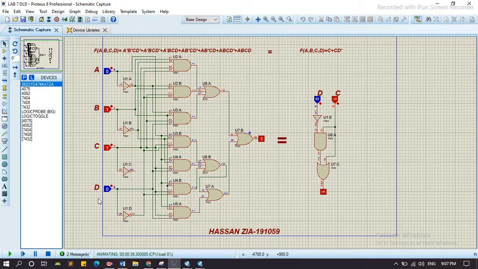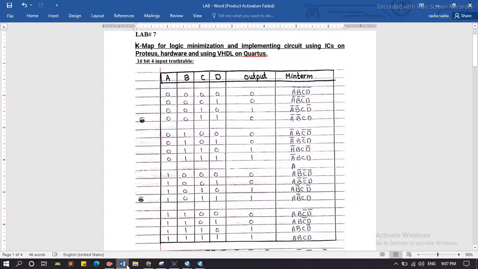Zero 1 1 0. It shows the output 1. Here C is equal to 1 and D is equal to 0. We can see this, here C is equal to 1 and D is equal to 0, and it shows similar behavior. Output 1 1. Now we test one more.